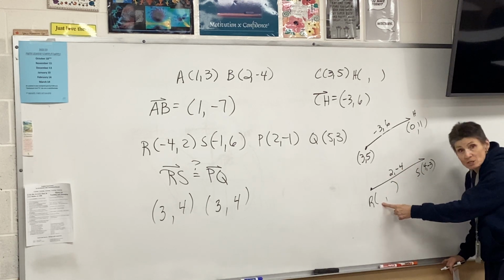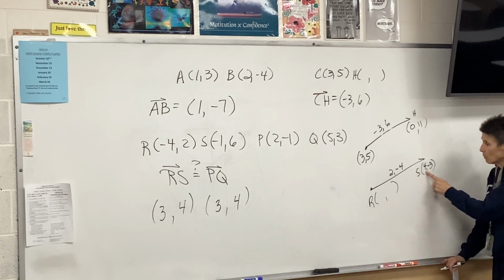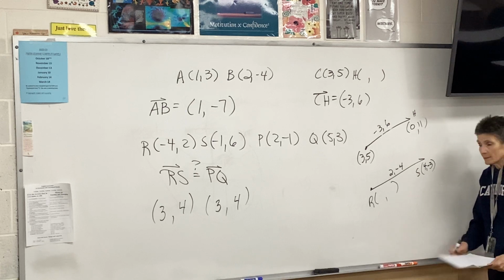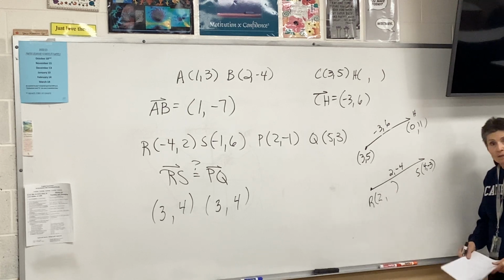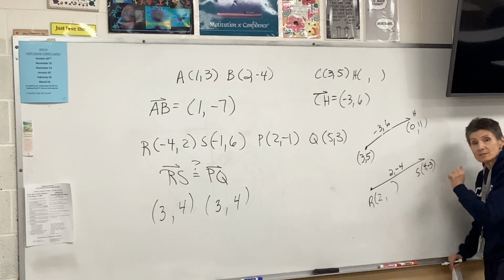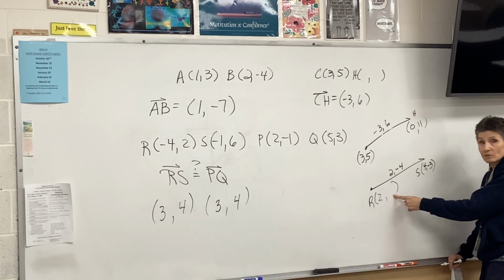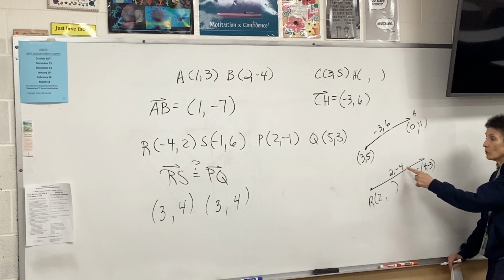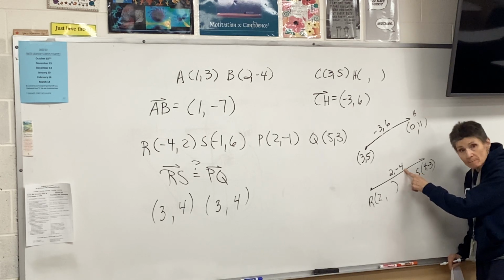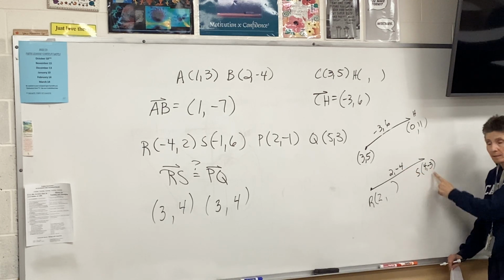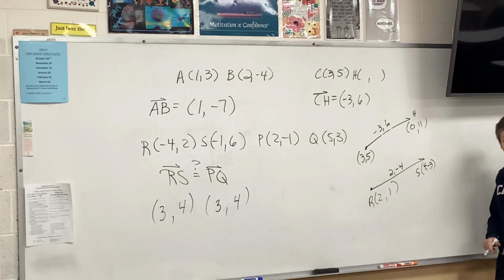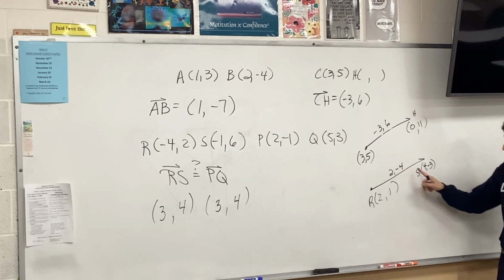So where did I start? If I went right 2, I ended at 4. Didn't I have to start at 2? Because if I start at 2 and go right 2, I end up at 4. Where do I have to start so that if I go down 4, I'll end up at -3? I don't have to start at 1, because if I start at 1 and go down 4, I'm going to